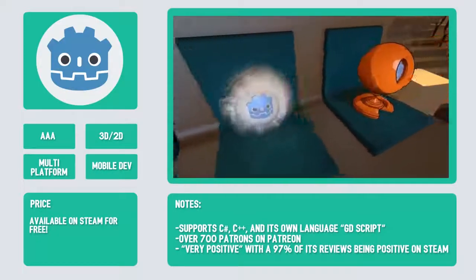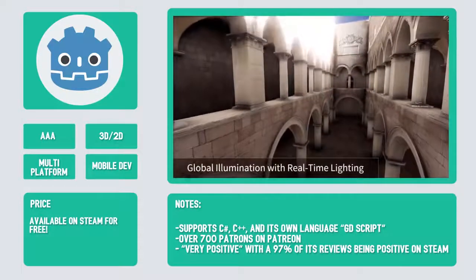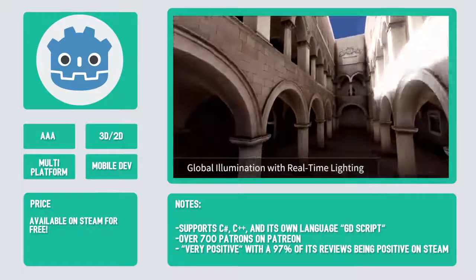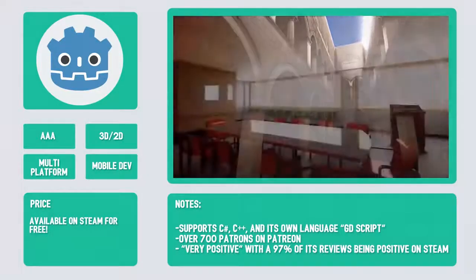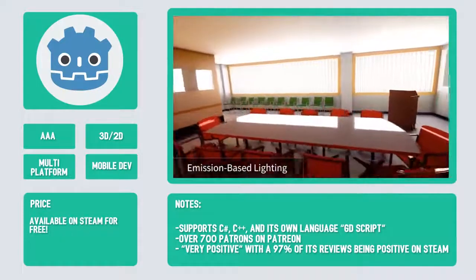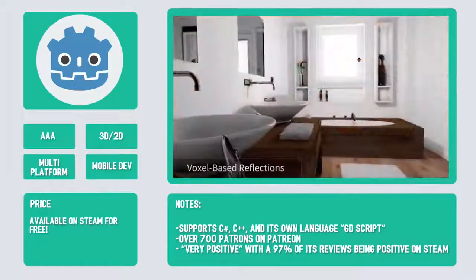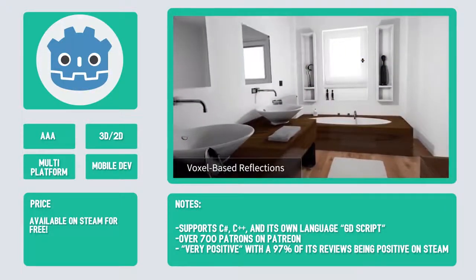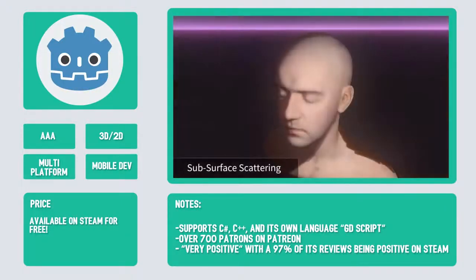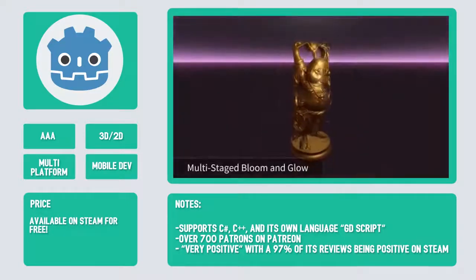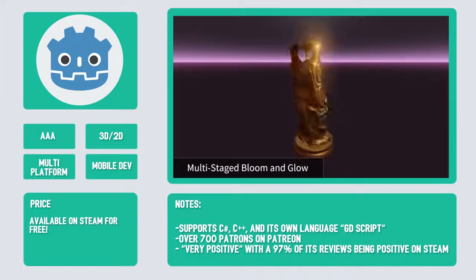Godot is a powerful open source game engine that includes dedicated 2D and dedicated 3D engines. It's completely free and open source under the very permissive MIT license. In terms of languages, it supports C#, C++, and its own language, GDScript, which is a Python-like scripting language. It also has an amazing community supporting its growth with over 700 patrons on Patreon. You can download it on Steam for free, and as of this week, it's rated very positive, with 97% of